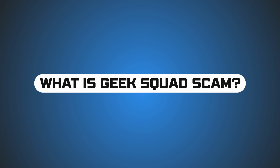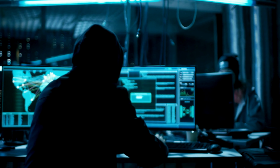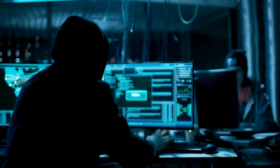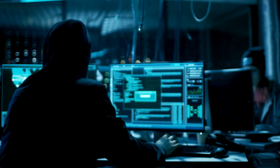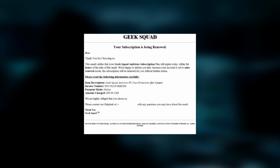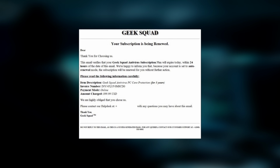What is Geek Squad scam? Geek Squad email scam is a phishing attempt where the scammers impersonate support and service providers from Geek Squad. In these scams, users get fraud emails that appear to be from Geek Squad. These contain alarming messages about security issues, software problems, or the need for immediate action and a link to fix